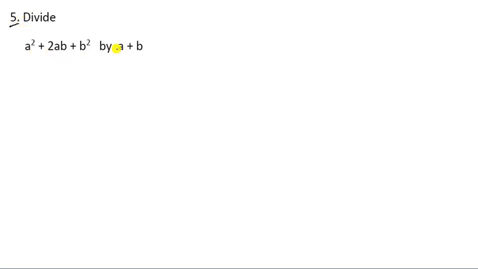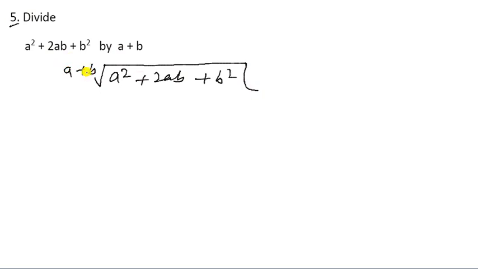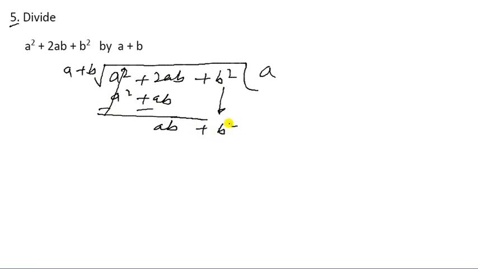Now divide by this one. So how can we divide? It is 2x to the power 4 minus 6x cube plus 4x square, divided by 2x square. So it is x square times. Now multiply to this, we get 2x to the power 4. Now subtract this, it cancels out. Now minus 6x cube, it is here. Now minus 3 times x, so we get minus 6x cube.